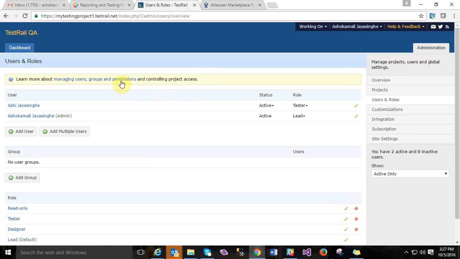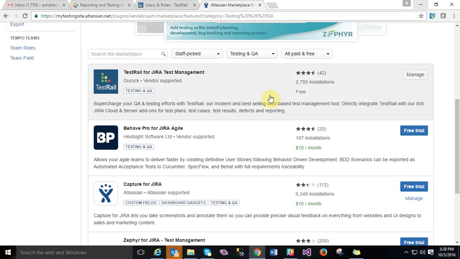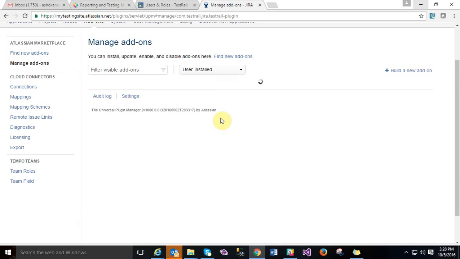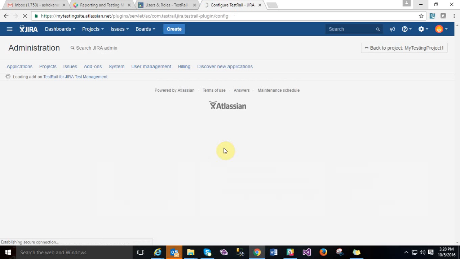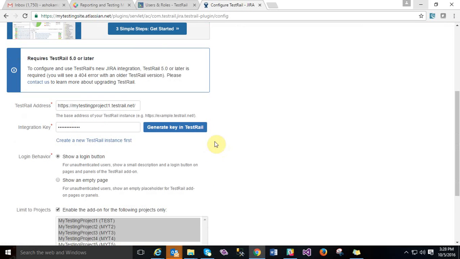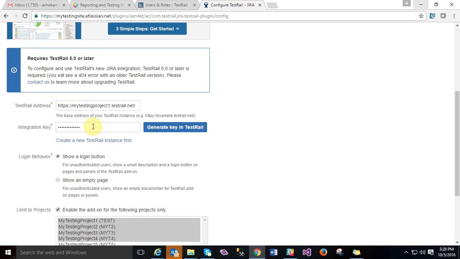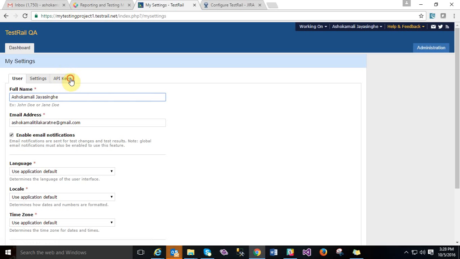Before going into detail in TestRail, I'll show you how to integrate TestRail in JIRA. I have already selected that add-on and added it. So I'm going to manage this and configure. Here we can give our TestRail address. When I created the project and logged in to TestRail, I got this one, and I have to insert it there. And the integration key. To create this in TestRail, we have to go to My Settings and generate an API key, which we can use in